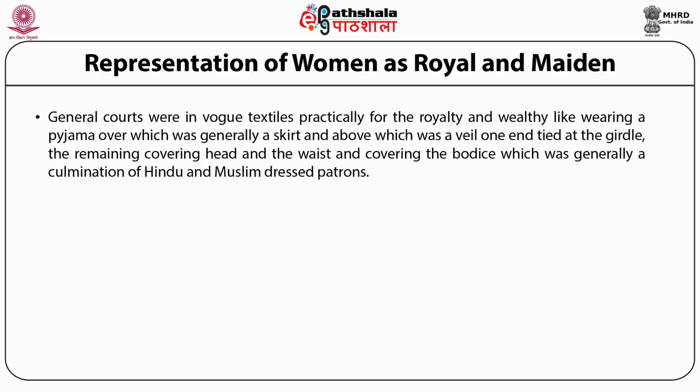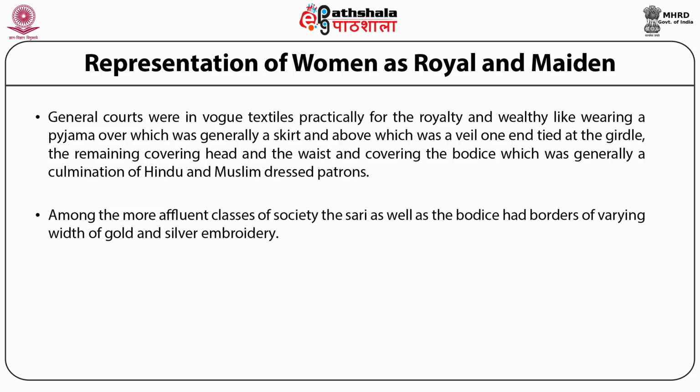Hindu women of the society sometimes wore saris without a bodice, mainly ordinary women, while others wore short bodices, which might be long enough to cover the navel. Among the more affluent classes of society, the sari as well as the bodice had borders of varying widths of gold and silver embroidery. Among Muslim women, the alternative dress was the dupatta of about 4.5 yards, a cloth